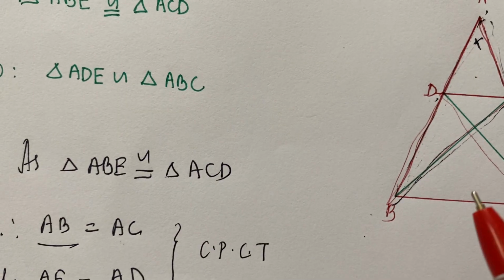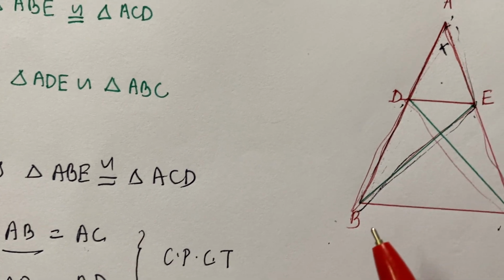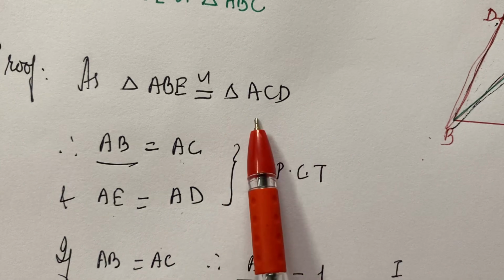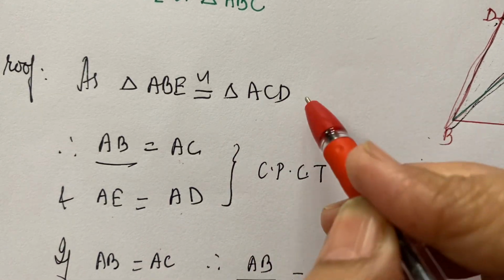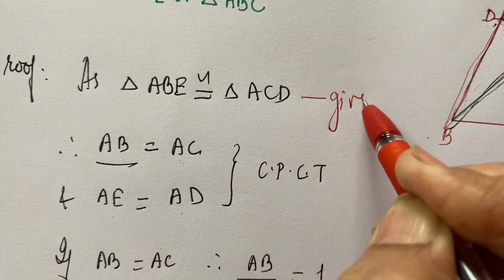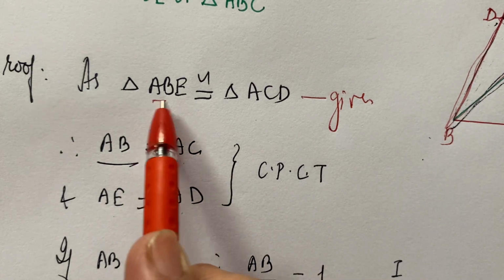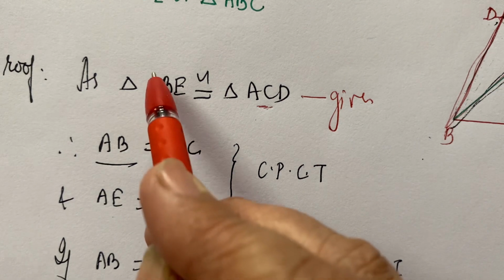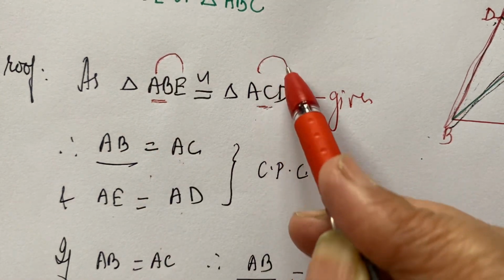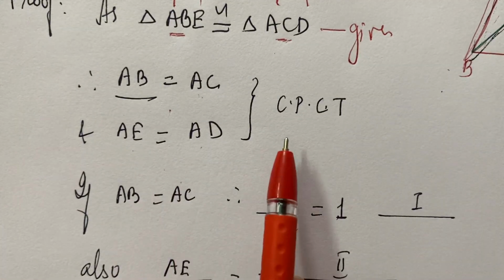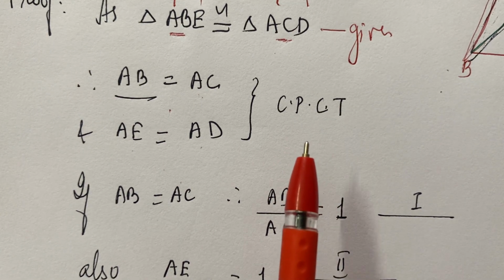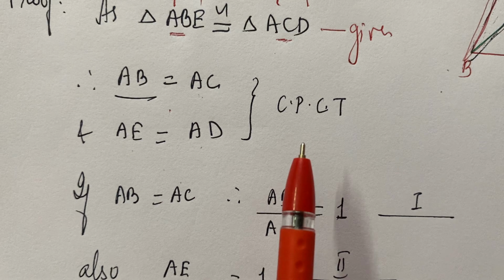So let us go for the corresponding sides. If triangle ABE is congruent to triangle ACD, this is given to you. Okay. So what are you going to conclude? AB is equal to AC. Then AE is equal to AD, corresponding parts of congruent triangles, or we say corresponding sides of congruent triangles,